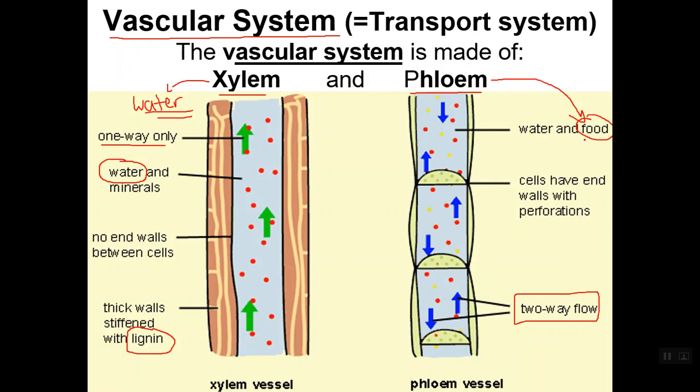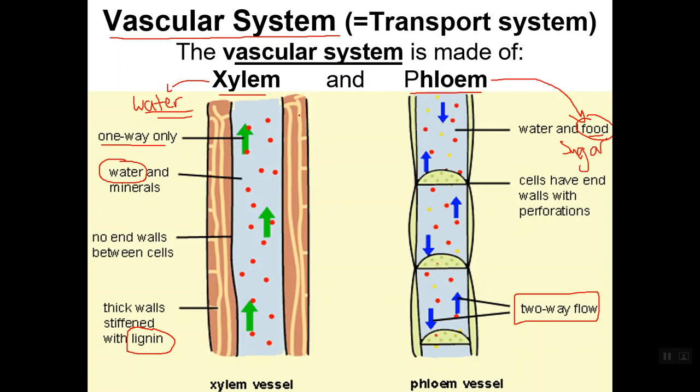As different cells in the plant make glucose, they can be moved to other parts of the plant. So if you have a layer of leaves on the outside of the plant that gets a lot of direct sunlight, and they're making a lot of glucose, they can send that glucose backwards down into the plant for maybe some leaves underneath the canopy, if you want to call it that, to make sure that all of the leaves are getting the nutrients and the food they need, the glucose they need to run cell respiration reactions. So phloem is bidirectional, it's water and food, which means sugar,